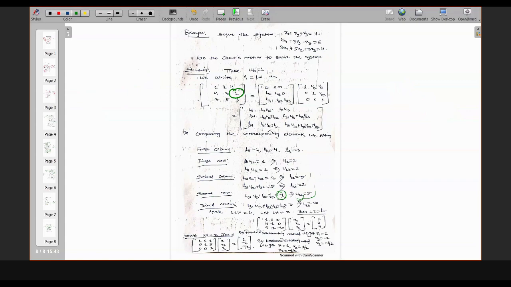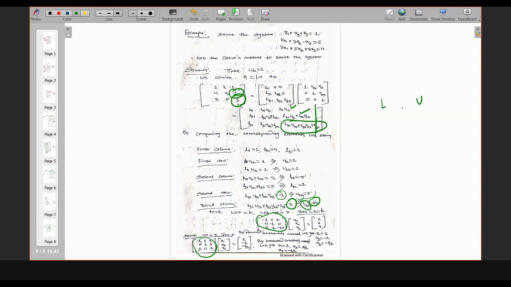Then finally you come to third column. In the third column, you already compared this, and the only remaining element is this. So this element you should compare with the corresponding element of the left hand side matrix, which is 3. So that's why you had a 3 here. Now if you solve this equation for L33, you get minus 10. Okay. So now you obtain the elements of matrix L and matrix U. Now you can write the matrix L, which is this, and the U matrix is this.